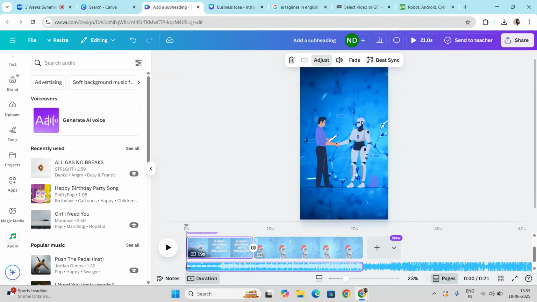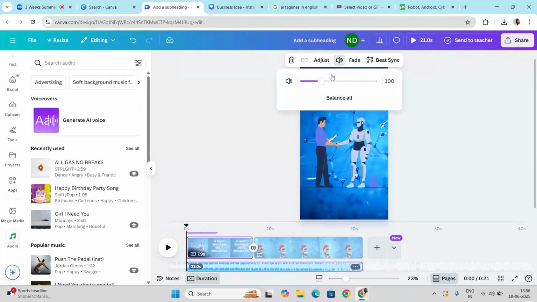Like here in the starting there is some kind of beat that you want to avoid, you want to take it from the lyrics part, so you need to cut that beat part, or you want to take the middle part of that audio. By clicking on this adjust button, the whole audio will be visible to you. You can take any part of it, and by clicking on the play button, you can listen to it as well.